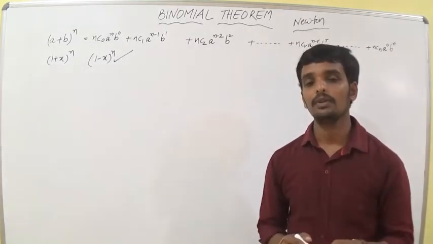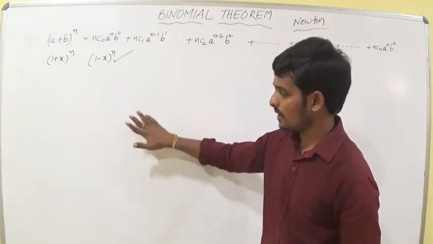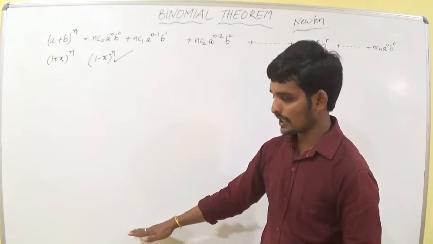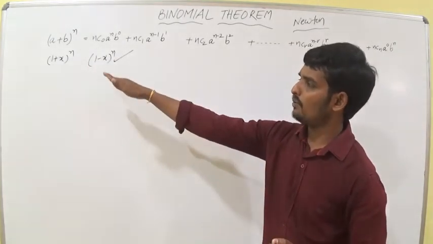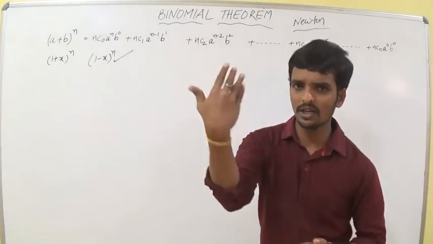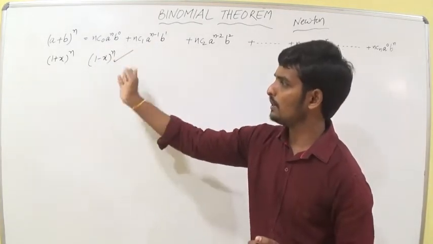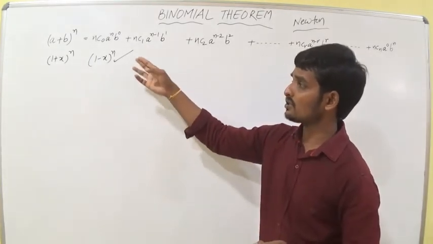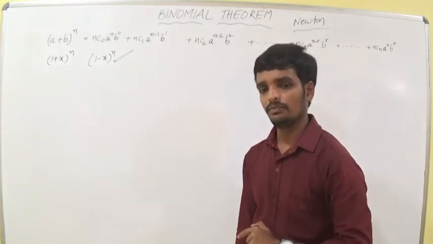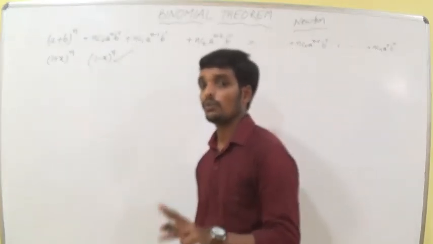Can you write? I am giving one work. After this, if you write the notes up to here, up to what I explained previously, then we have to write the expansion of (1 plus x) whole power n, where a is equal to 1, b is equal to x. The same way, write the expanded form of (1 minus x) whole power n. Are you okay? Can you do this? So now we are doing problems from these expressions.